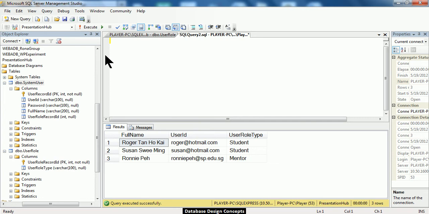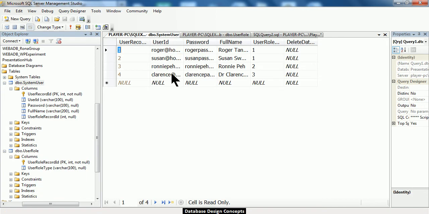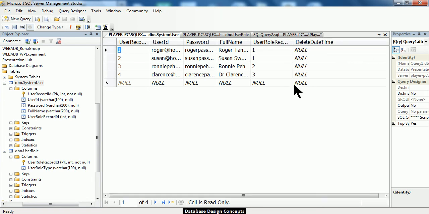Okay, now take a look at this one here. Notice that right now I have actually added a new field called the delete date. What is it for? Actually, it is not supposed to be named that now. It should be something else. But well, anyway, I'm just trying to tell you that